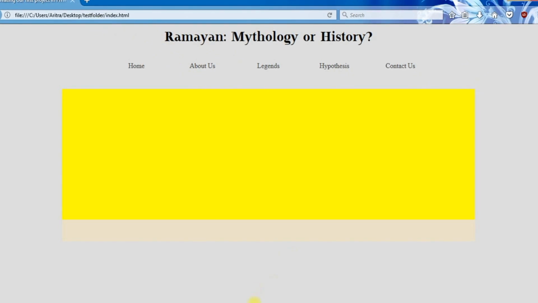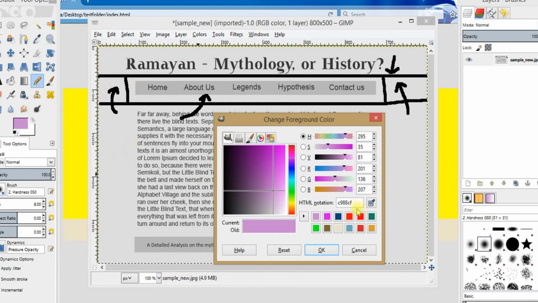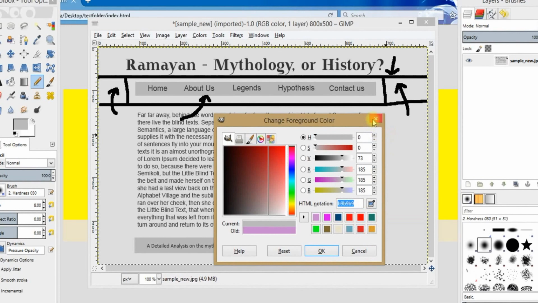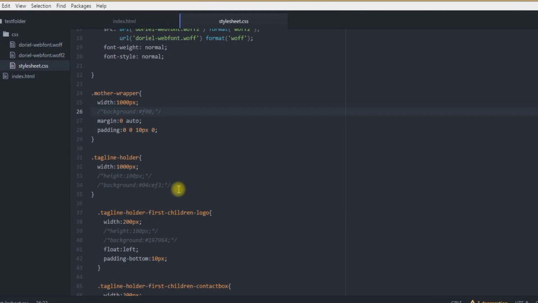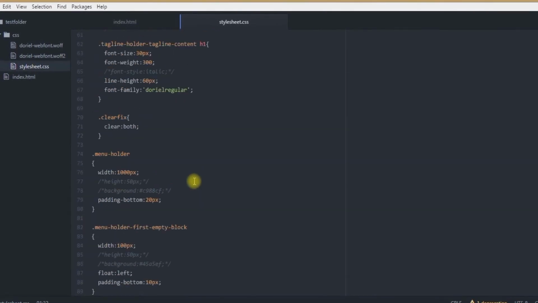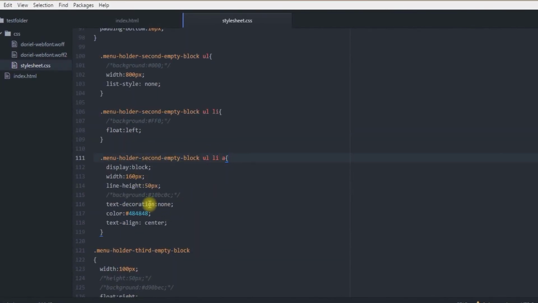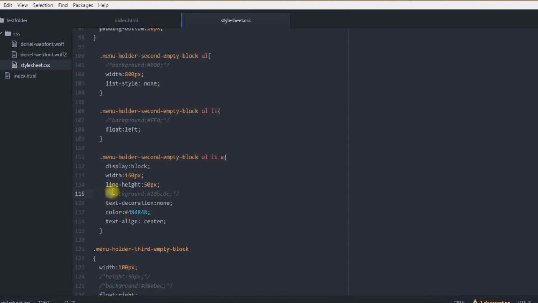Now everything is coming properly as it has been seen over here, except the fact that this list item is practically holding a background over here. So just get back over here and choose this color, copy it, come back to your project, and once again, all we need to do is get back to this anchor tag item, and instead of removing this background, all we are going to do is just change this one.